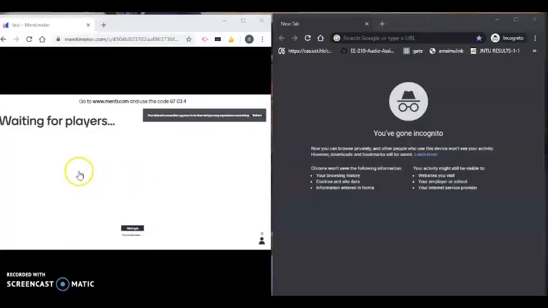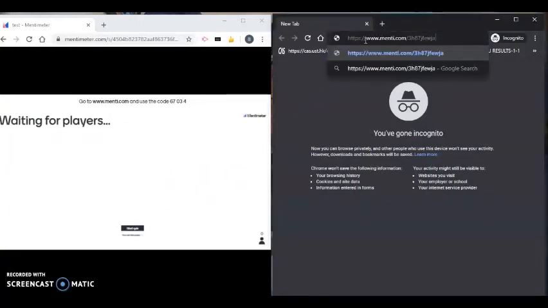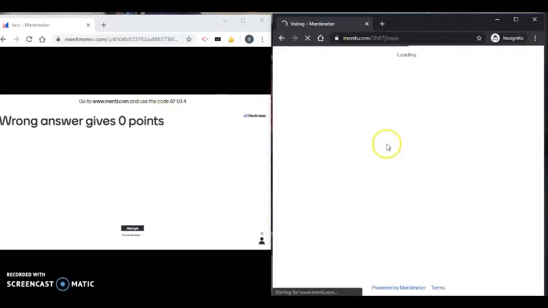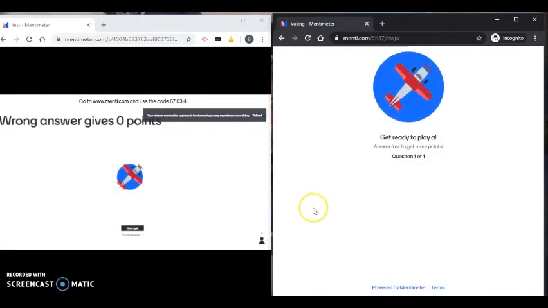So I have opened two windows. One, this left side, is for the teacher who is waiting for the students, and this right side, the opposite, is of the student. I'll paste that link which is used here. So this is what will be opening. Here we need to write the name of the student. We can write anything here. It is up to us. I'll write A and then click on join quiz. So now